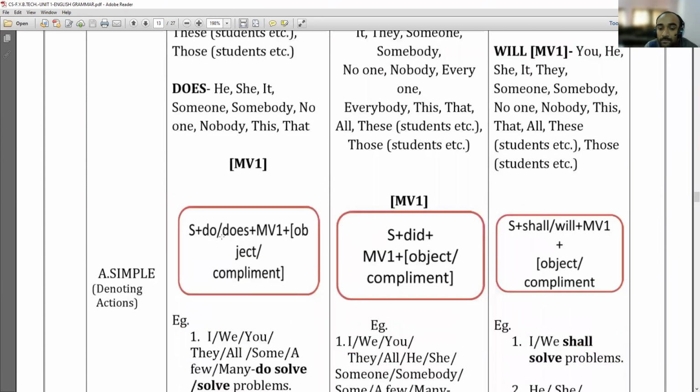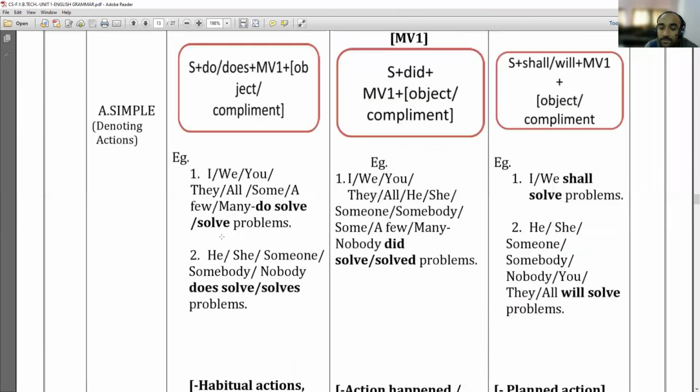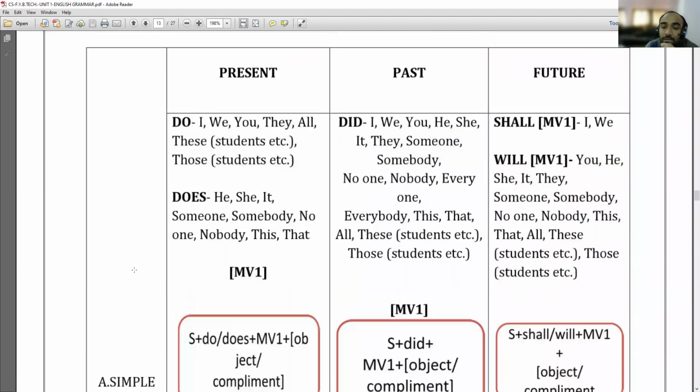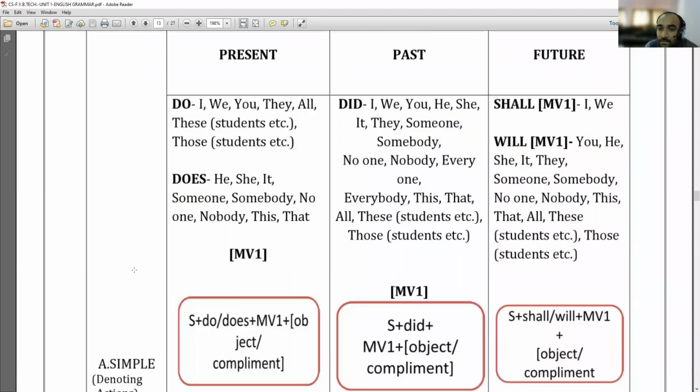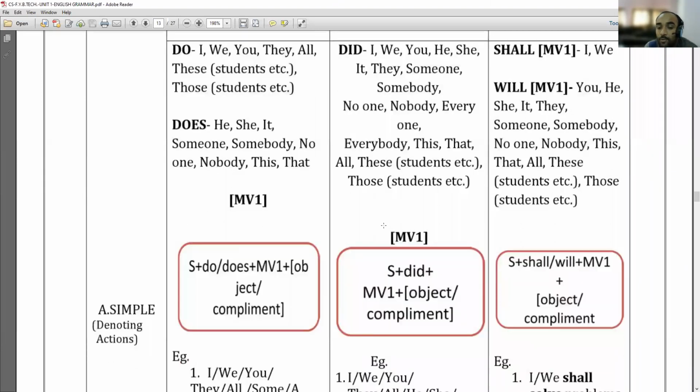For showing the past, whatever actions that have happened in the past, for showing them we have to use past tense. Simple past tense structure of the verb, that is, we have to add did in the verb. And the sentence structure that we can use for showing the